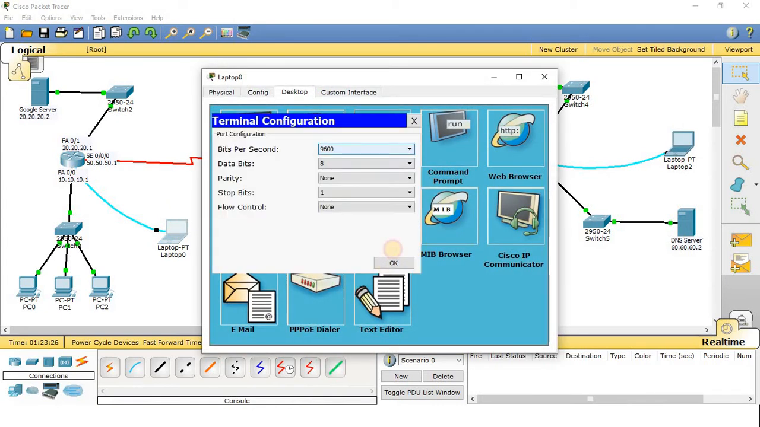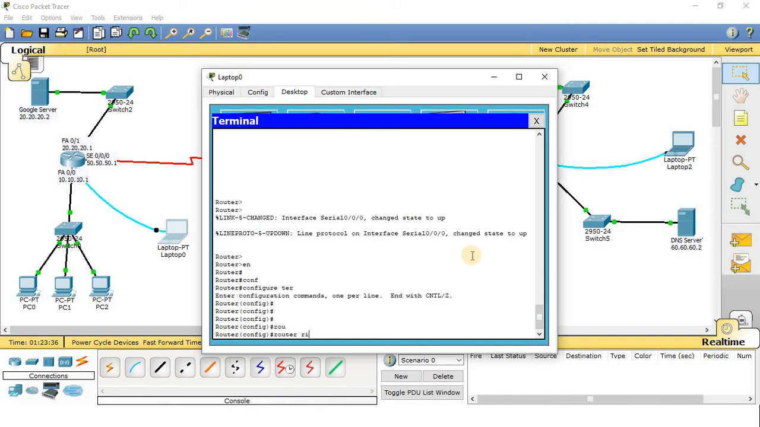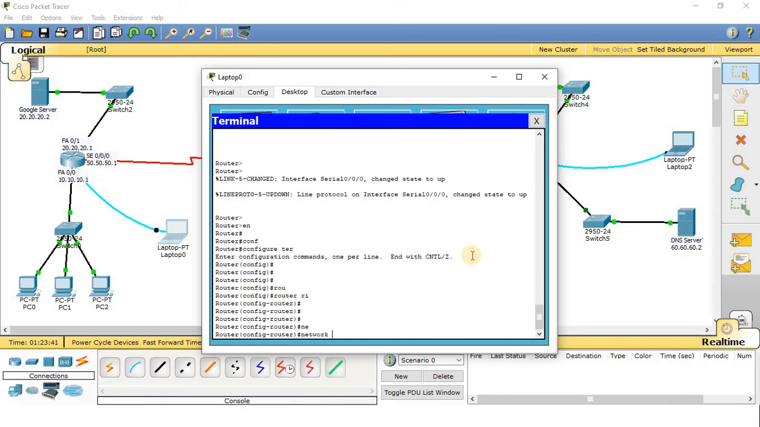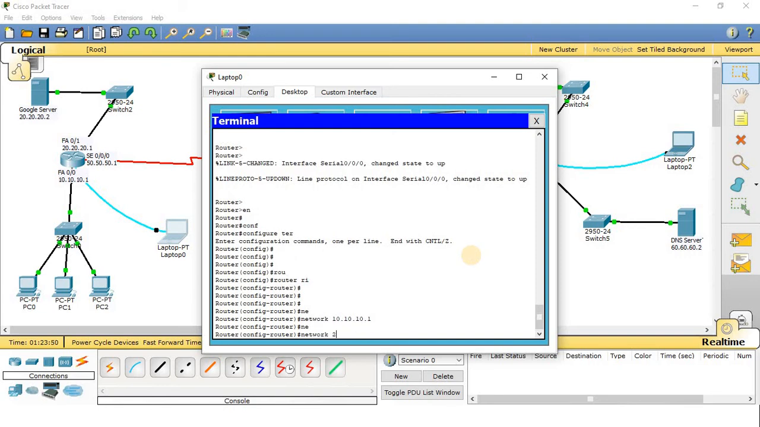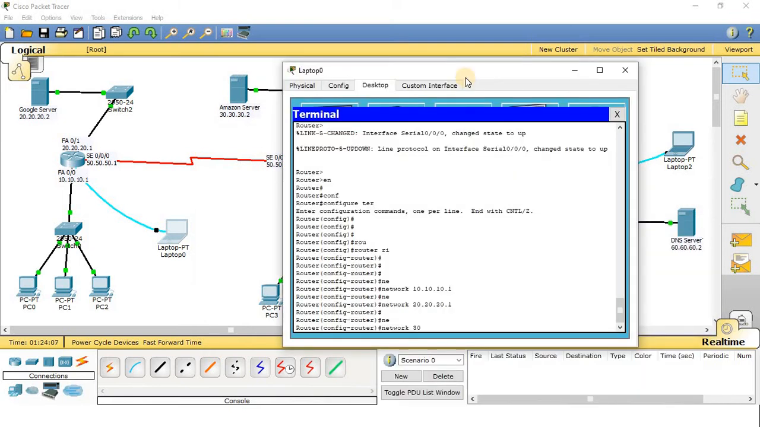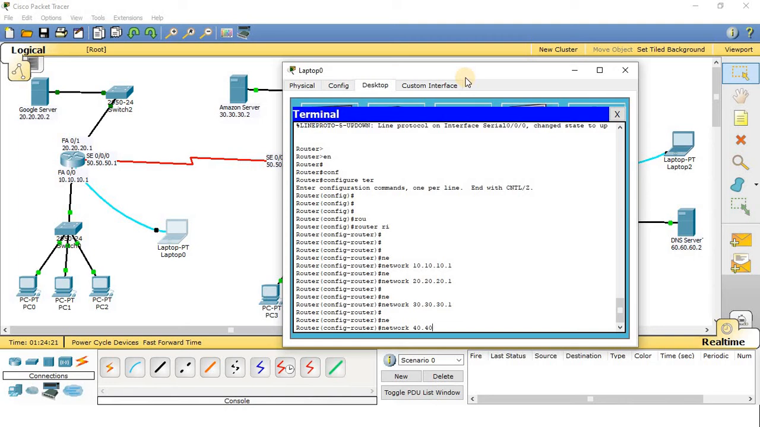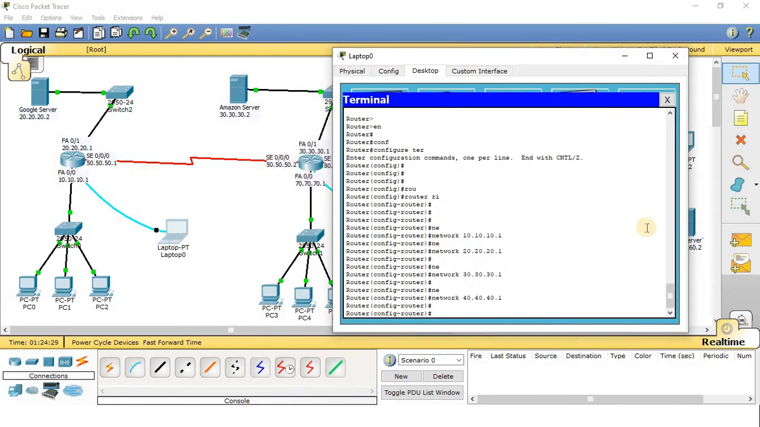I will access the interface again. So enable, configure terminal. Now router RIP, this is the protocol. Network, I will inform about all the networking addresses. So let me start: 10.10.10.1, then 20.20.20.1, then 30.30.30.1, 30.30.30.2, then 40.40.40.1, 40.40.40.2, and you can see after that 50 network